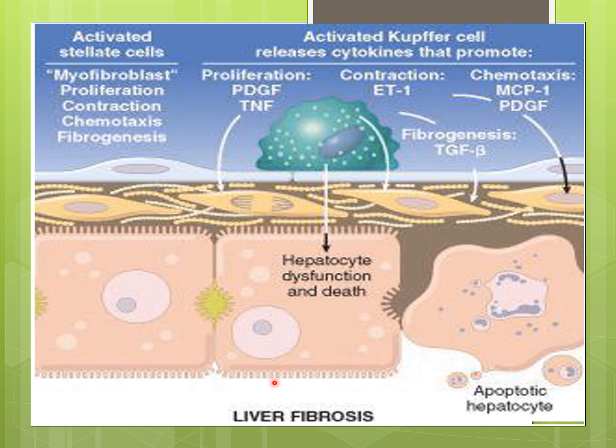Now, when there is damage to the liver cell, this liver cell is dying. It is an apoptotic hepatocyte. When it dies, it will produce, of course, a reaction, and the macrophages become active. It will produce all these cytokines for proliferation, for contraction, for chemotaxis, fibrogenesis. All these will start coming out of this Kupffer cell or the macrophages, and then it will